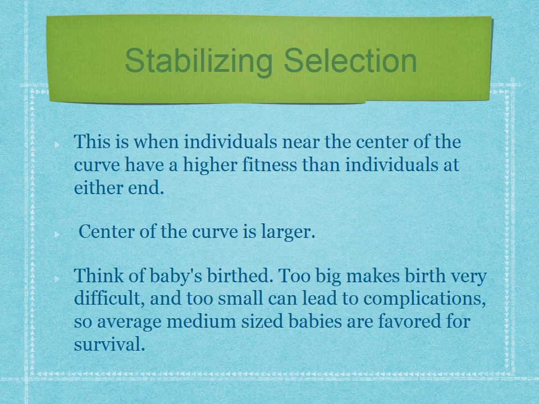So next is stabilizing selection. And this is where individuals near the center of the curve are going to have a higher fitness than individuals at either end. So essentially what this means is that the center of the curve is going to be a lot larger. So think of this